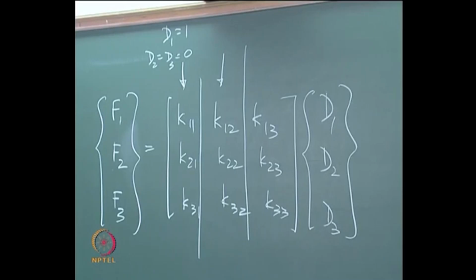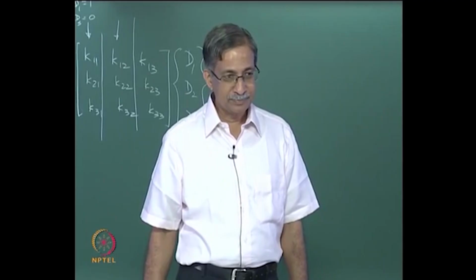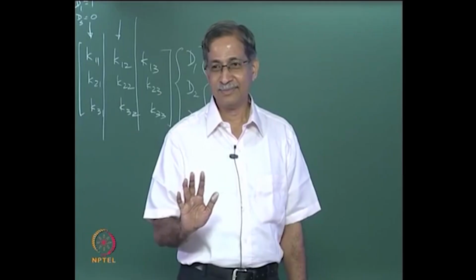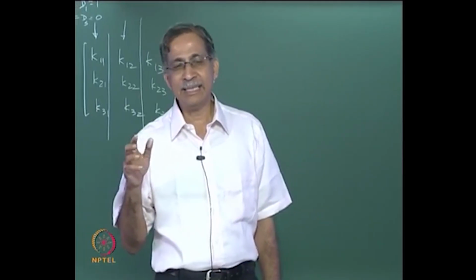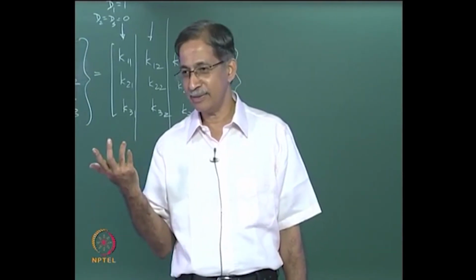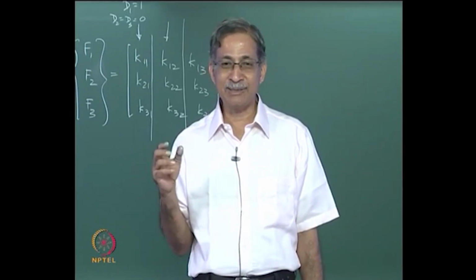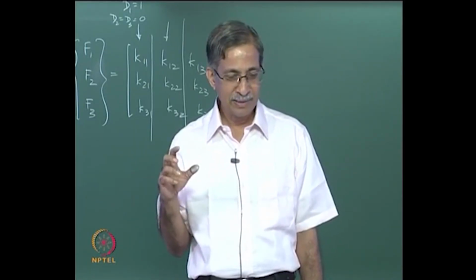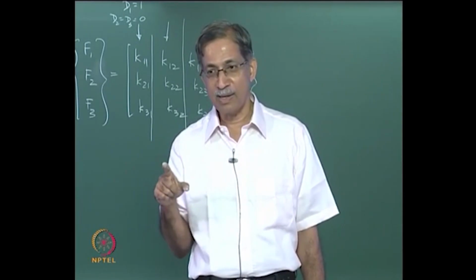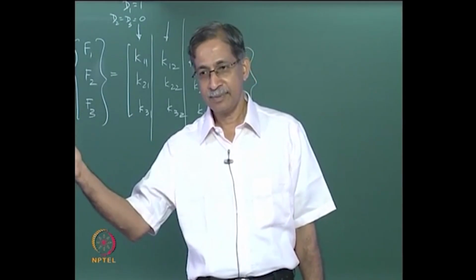Okay, let's look at this. What is the physical meaning of K11? Displacement at 1 caused due to, sorry, force at 1. When you hear of stiffness, you are reminded of a spring constant, right? So a spring stiffness is force per unit deflection. Here you have two coordinates. So it's a force at the coordinate i caused by a unit displacement at the coordinate j with all other